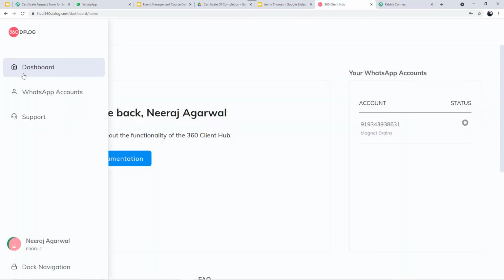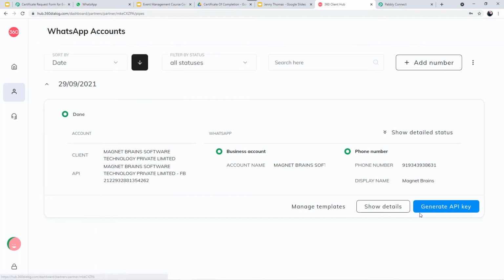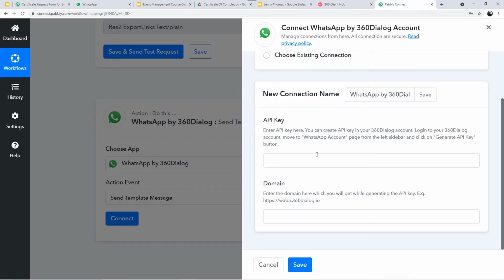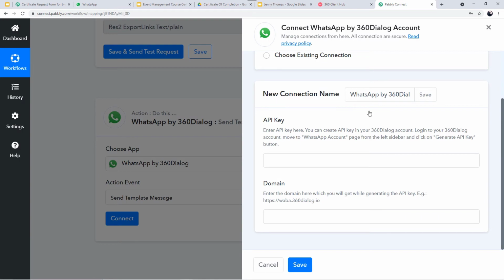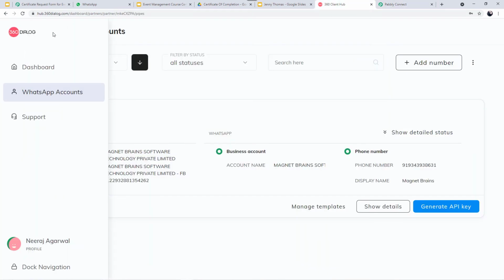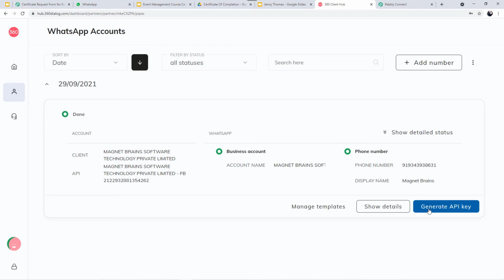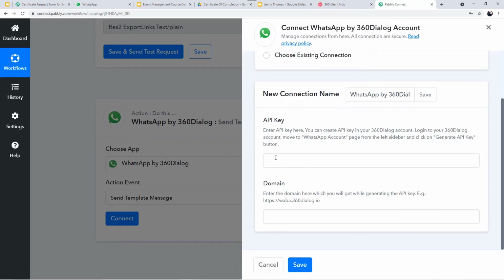So for this, in the WhatsApp account section, here you can see there is an option named as generate API key. From here you can generate the API key, and the same API key you have to paste it here. So I'm not going to click on this generate API key option right now. Why? Because I have already created the API key. I'm going to use the same here. Why? Because in 360 dialog account, you have to generate the API key once only, and every time you create a new workflow, you have to use that same API key only. So as I have already generated, that is why I am not going to click on generate API. Why? Because it will start creating problems. So that is why I'm just going to enter the key which I have already created. So you can also create your API key and start using it.